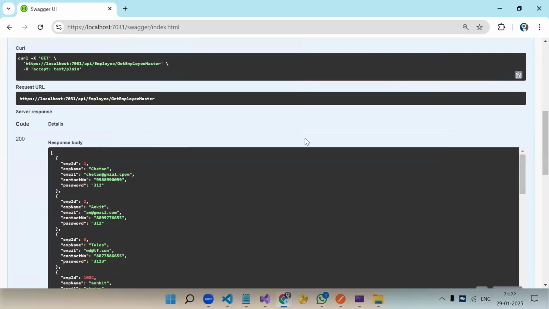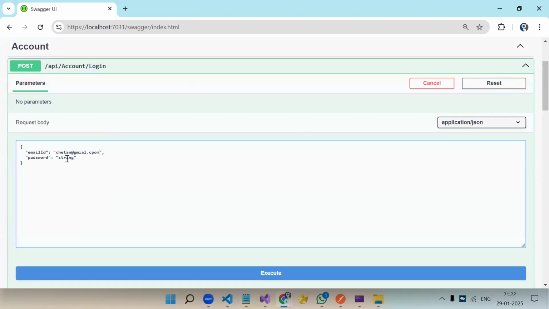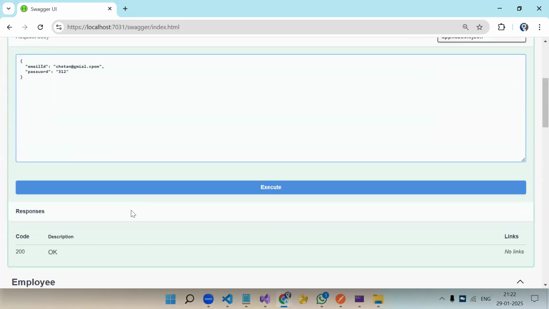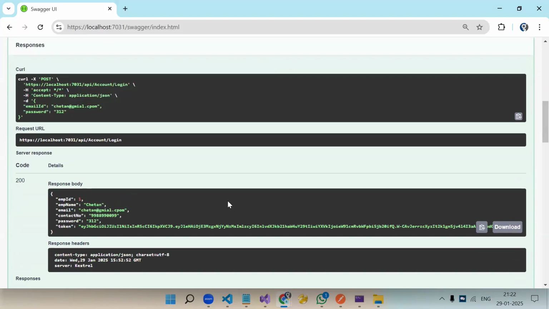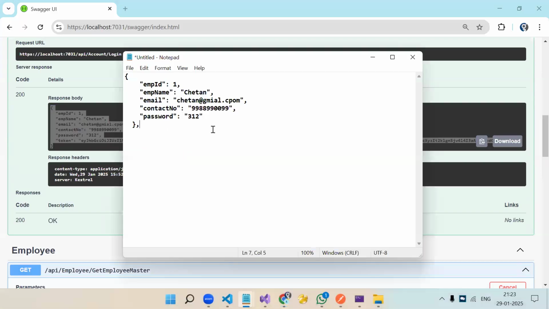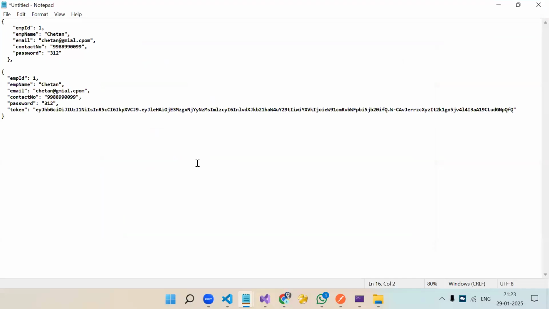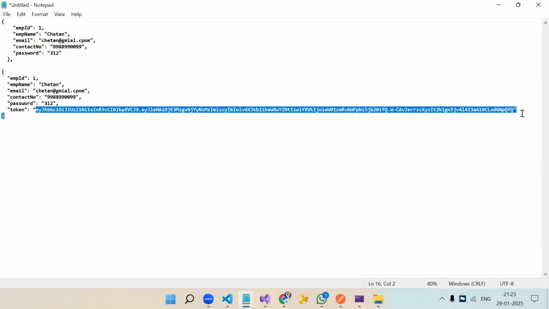Okay, let's try to create the token first. 312 execute. Okay, so we are getting the token. Let's copy this token, paste it into Notepad. Now this token, I need to send it with my interceptor. So this token I will copy, and in my Angular project, I have this